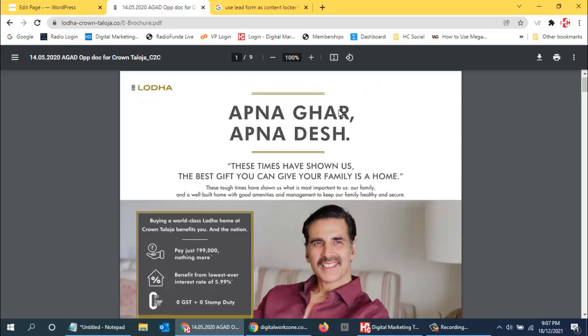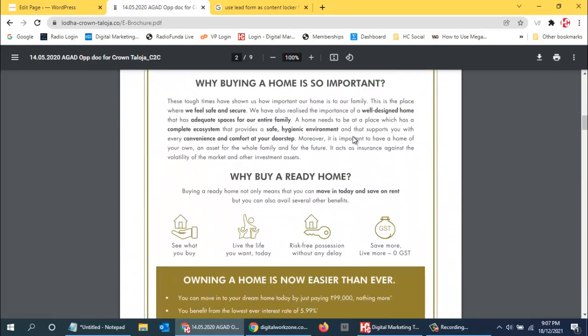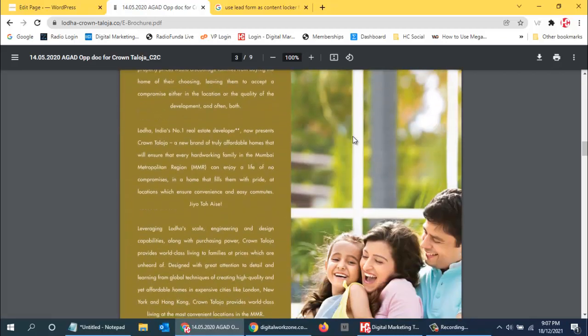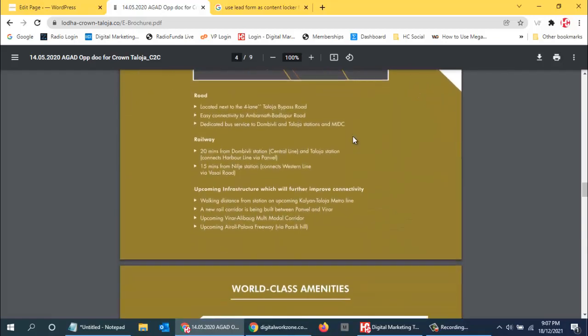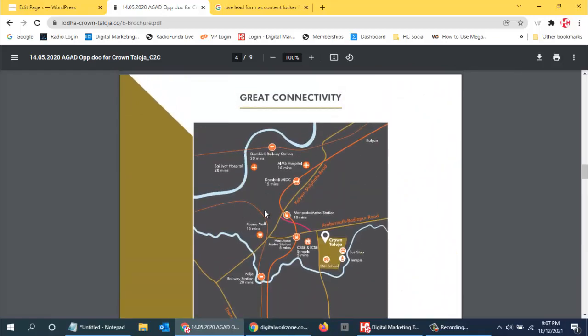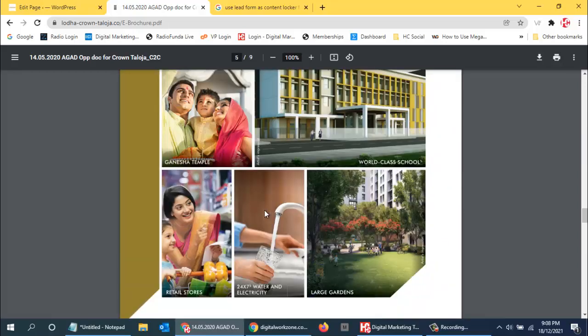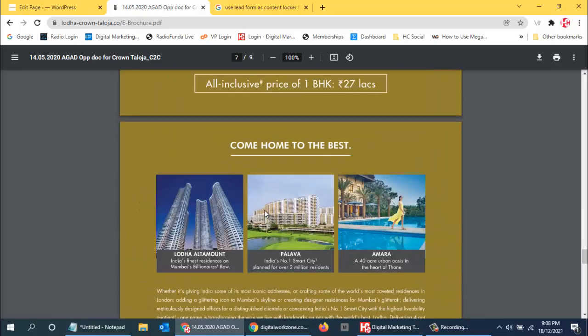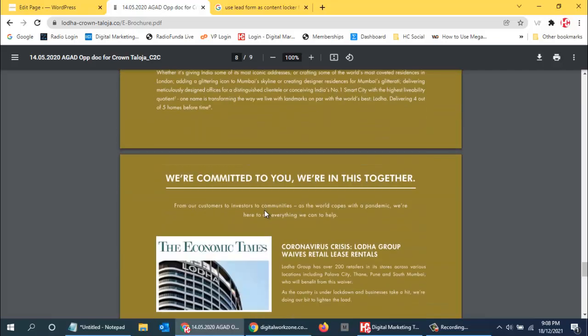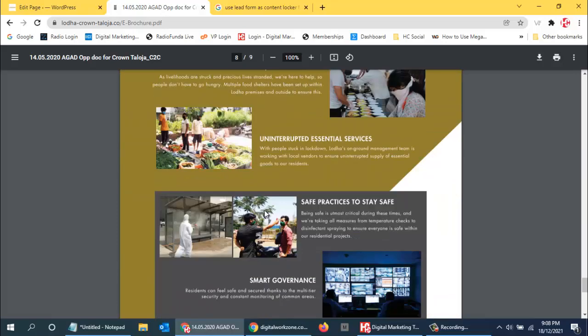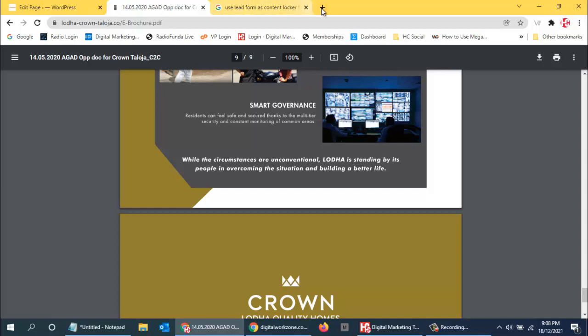It is showing me the brochure instead of content. So what is the use? I mean, over here they are showing all these options. So basically, maybe they do not have a Google map for Taloja, I'm not sure. And if people want to search for Taloja, then over here in Google, they will search for